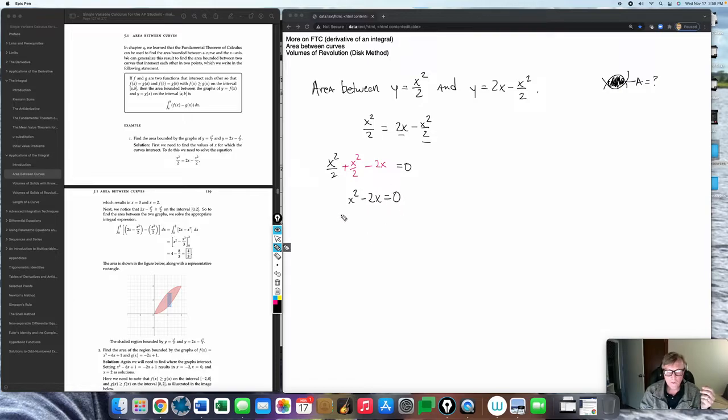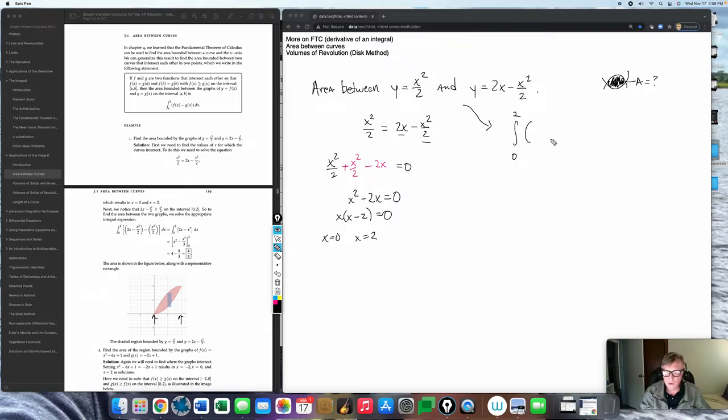And we're going to find the solutions by factoring. And this one's pretty easy. We set x equal to 0 or x minus 2 equal to 0. So these are going to be the limits of the integral. In other words, you can see that at 0 and at 2, this is where the two curves intersect each other. Okay? All right. So to find the area between them, we're going to integrate from 0 to 2 of